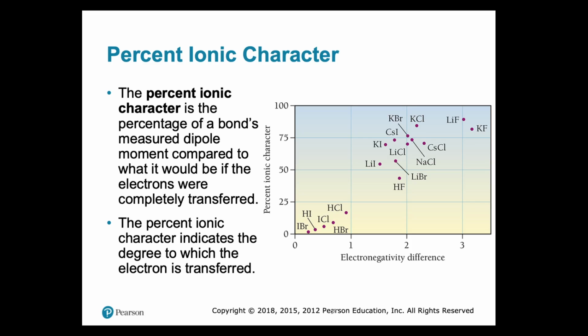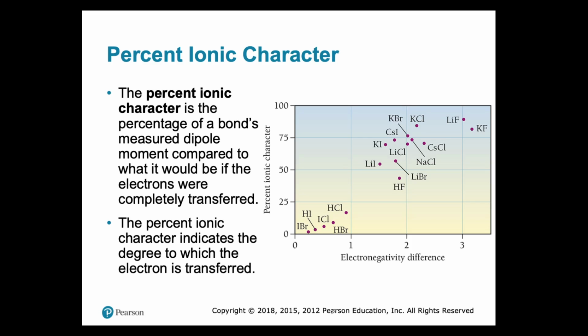So remember that this electronegativity difference is the same as the electronegativity difference we've been talking about the entire period, right? These are the same numbers. The bigger the difference in electronegativity, the more ionic you are, all the way to the point where you're 100% ionic. These guys here have very little difference in electronegativity, so they have very little percent ionic character. They're not very ionic at all. They're almost covalent. Well, actually, they are covalent, but we don't talk about it as covalent in terms of ionic character. We just say very low ionic